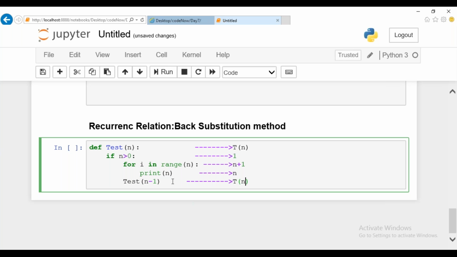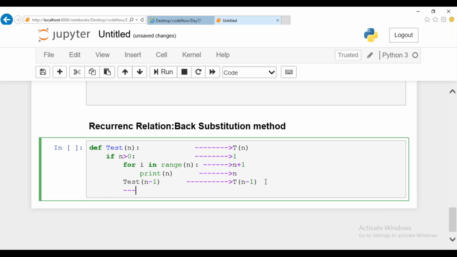T of n minus 1. Guys, is this clear? The if statement executes 1 time, the for loop executes n plus 1 times, the statement inside the for loop executes n times, followed by the recursive call, which is T of n minus 1.